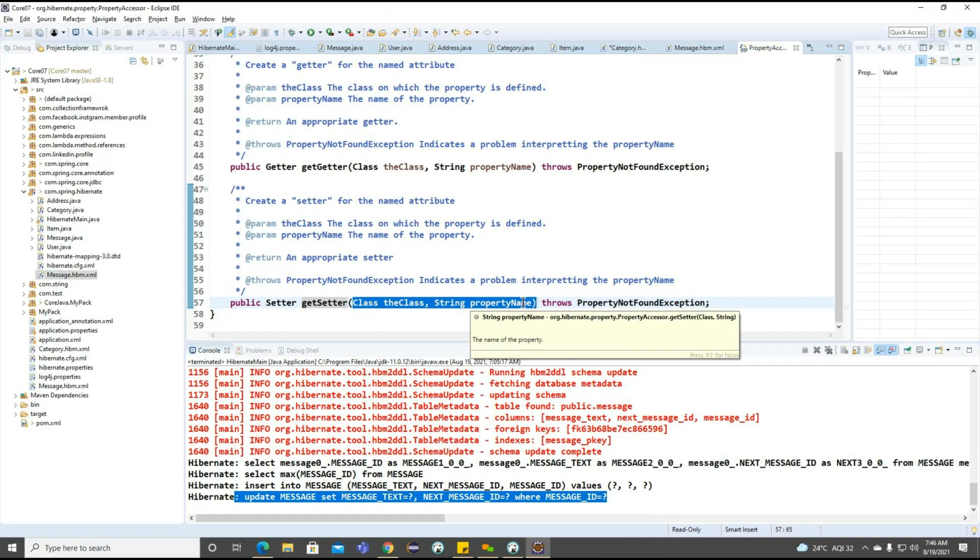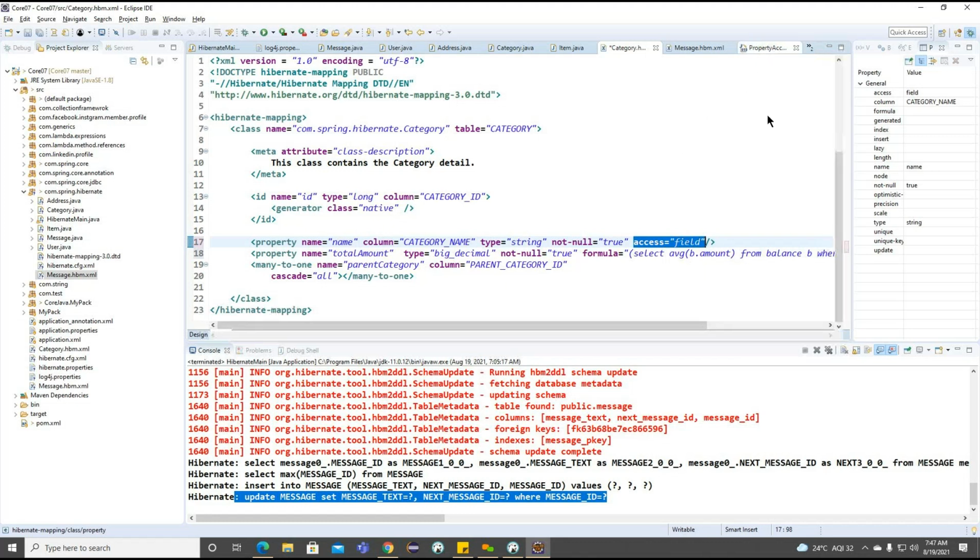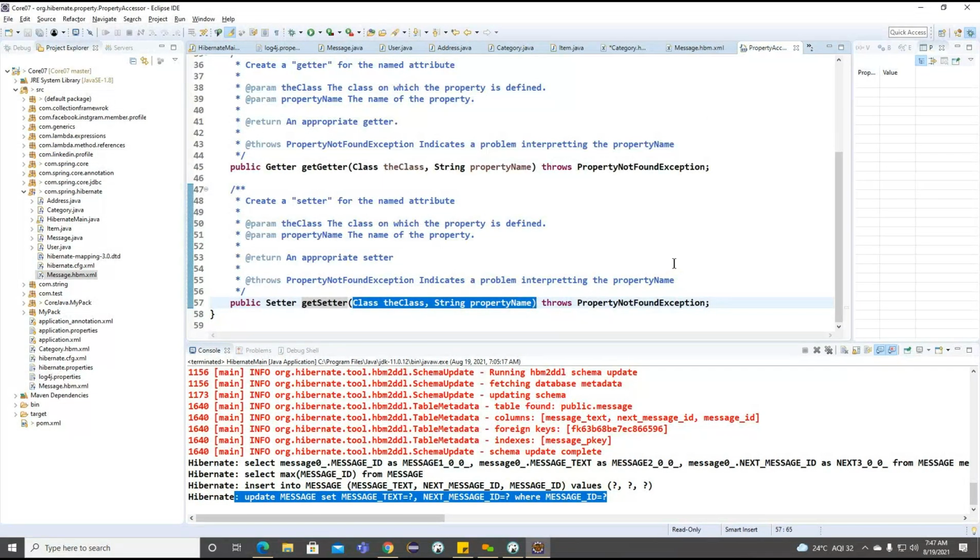Based on this, what it will do, the value is going to be injected into the particular column called the category name. Getting the point. So here we can provide the particular access here. This particular access, what happens internally is going to check based on this particular interface here. So this is also one option. We can define the value, how we want to inject the value into the appropriate column here, right? And we'll focus on one more attribute here, insertion and updation.